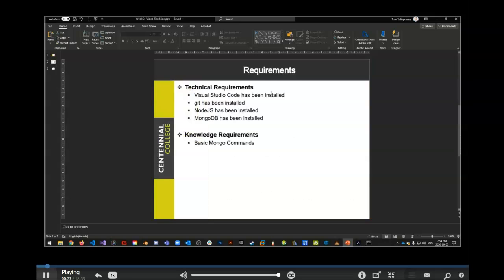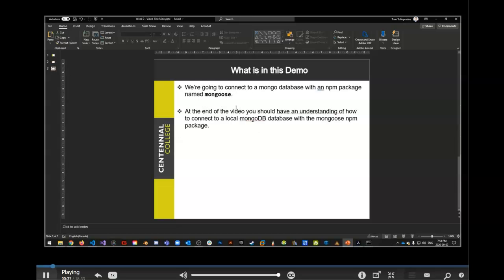So the technical requirements haven't changed. You still need to have Visual Studio Code, get Node.js and MongoDB installed. From a knowledge requirements perspective, still basic Mongo commands as well as some of the other stuff from the previous videos. What I'm hoping for you guys today is we're going to connect to a Mongo database with an npm